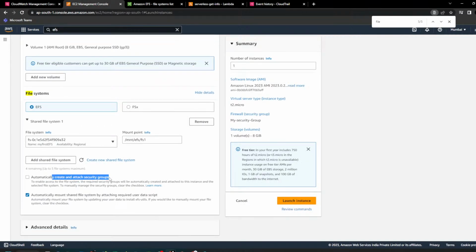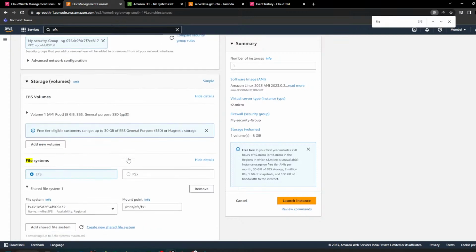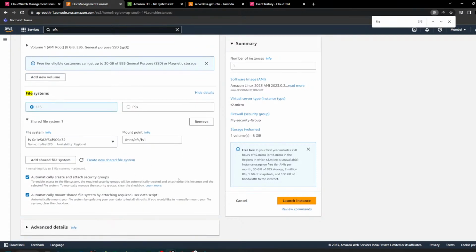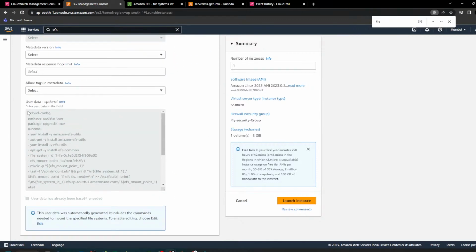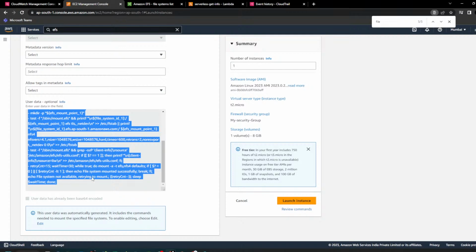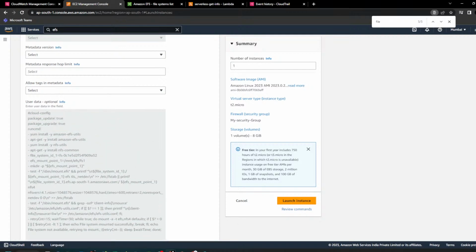Automatically create and attach a security group. Yes, a security group is required, so it allows you to connect to your EFS. Automatically mount. Can you see, this is automatically mounting the file system. As it is Linux, you have to mount manually, so Amazon has created a code. You can see here, this code is created by Amazon. It will automatically mount your EFS. If you just try to understand the code,